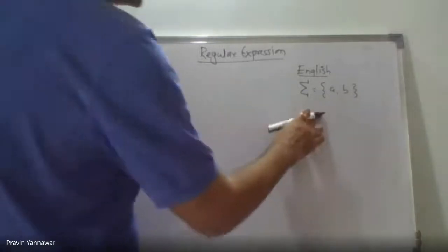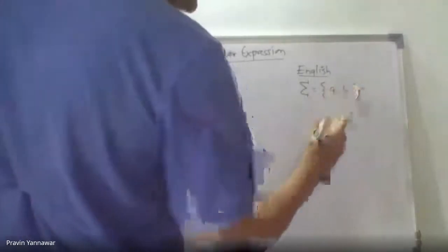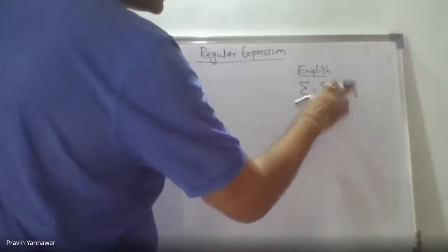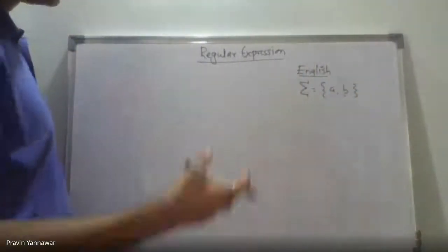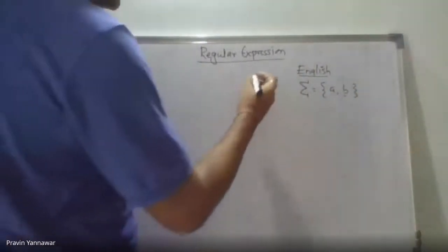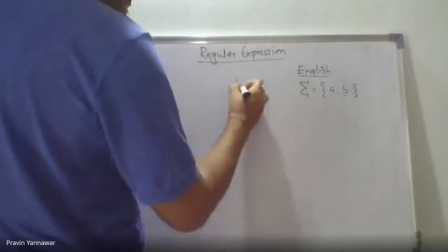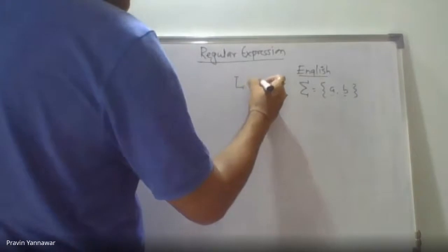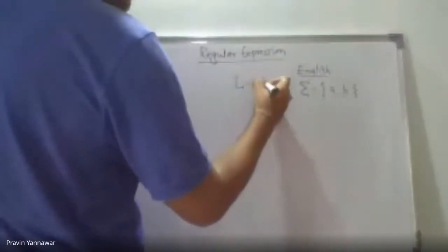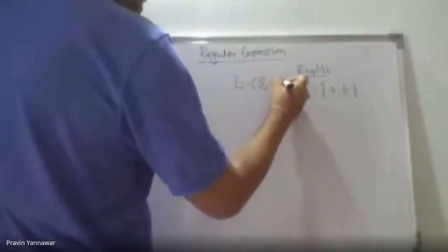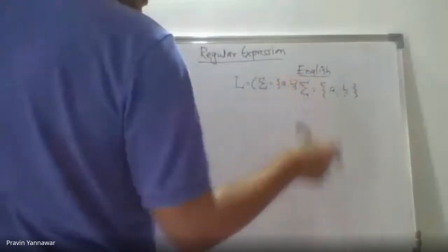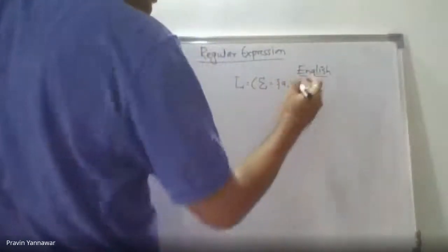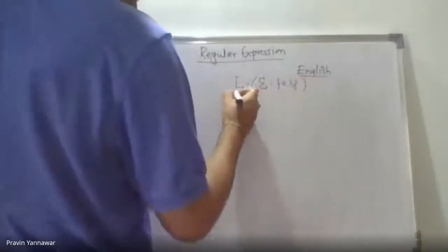Please don't consider this as an alphabet. These are two symbols, the first symbol referred to as A and the second symbol as B. And if my language L is based on the set of alphabet called sigma, and sigma contains A comma B, then in this case the words generated for this L